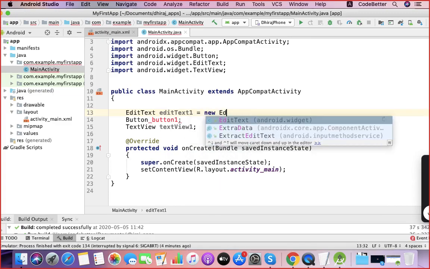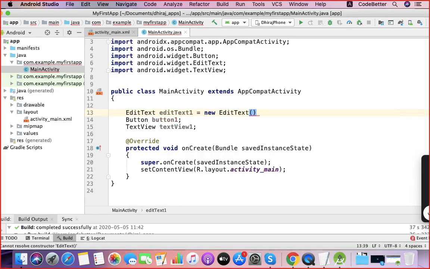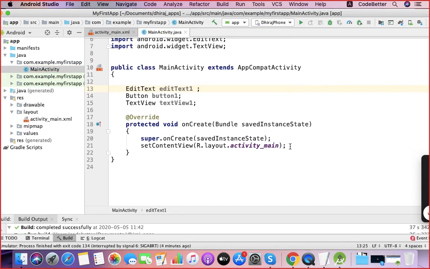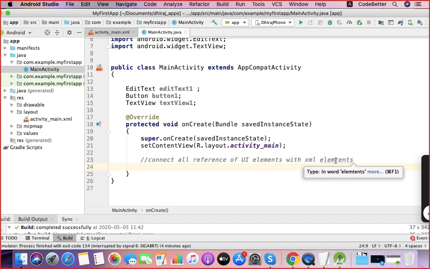But since these elements are already declared in the XML, you just need to declare the reference here, and from here you can connect all references of UI elements with XML elements. What is declared in the XML, we are connecting to it, okay.